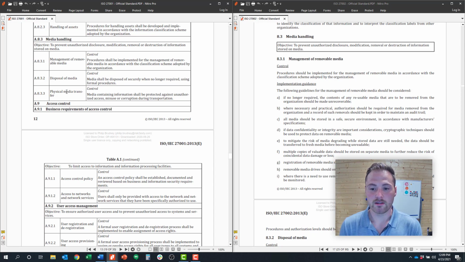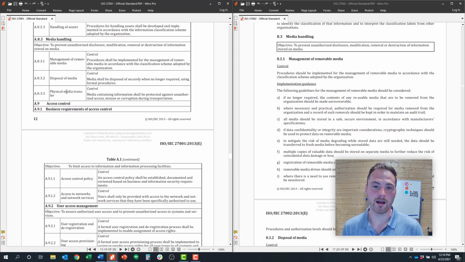If you're an organization that, for example, ships backups physically off-site somewhere, then you might need to decide what is the secure process to ship those backups. In today's modern digital environment where everything's cloud, or a lot of things are cloud, sometimes this is less relevant for you. But if you're still in the business of physically moving media, you'd have to get that into your policy or prohibit it entirely if it's not applicable to you.